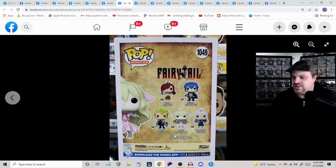Then you got Mavis Vermillion. She's got blonde hair, some pink dress, pink little chest thing, darker pink chest thing going on. Her arms are out. Just regular kind of poses here. And then you got Marjane Strauss. And she's in a blue dress, white hair, got a little bun up in the hair. Really, there's nothing special going on about any of these pops. I don't see any draw to this outside if you're